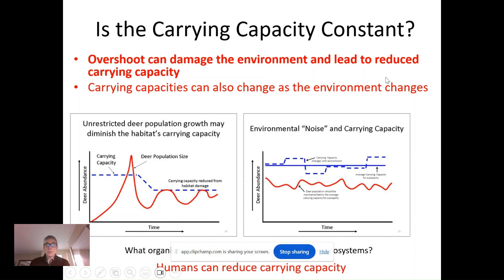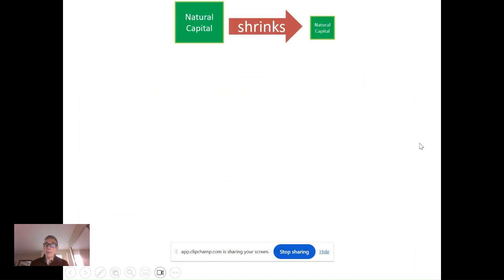It's good for some things, bad for others, but we've effectively increased nutrients available and so carrying capacity. But most often, humans are decreasing carrying capacity in the environment. And we're doing that by using up natural capital, for example, deforestation. And if you shrink natural capital, you support small